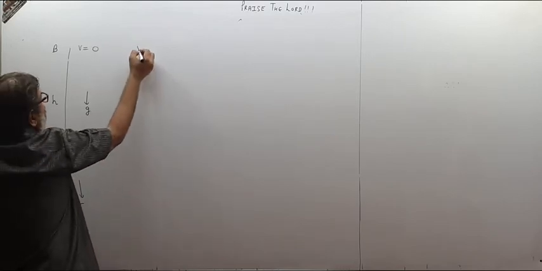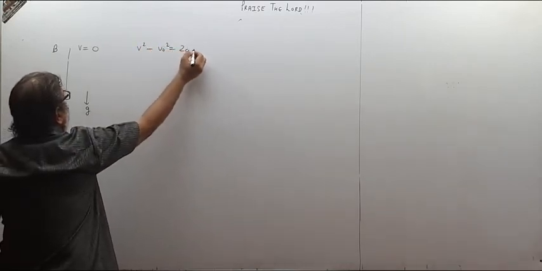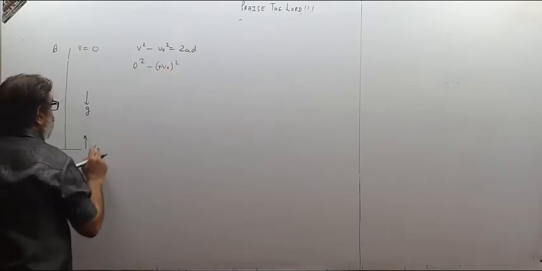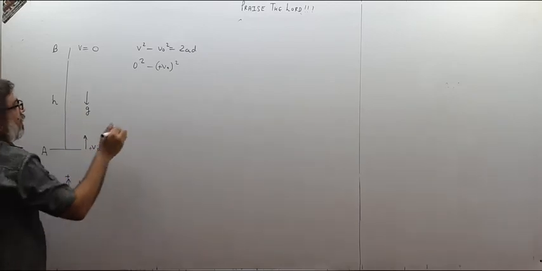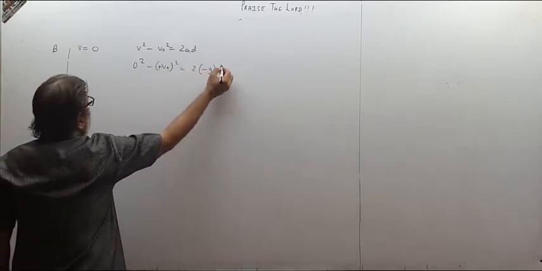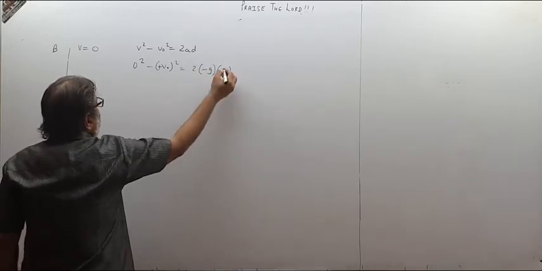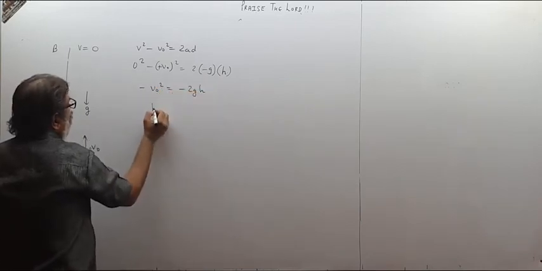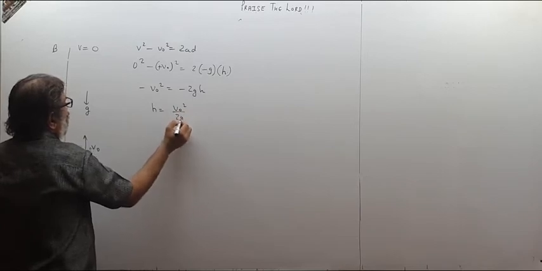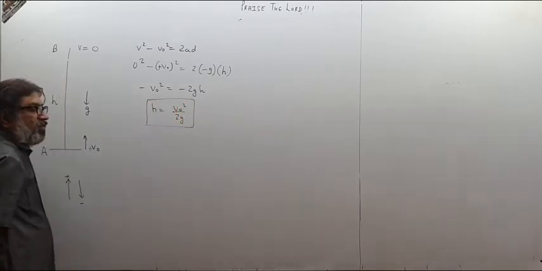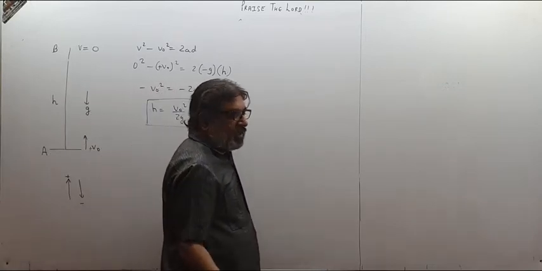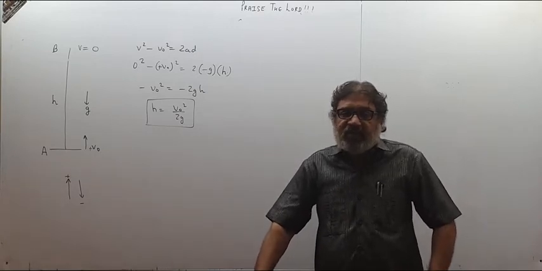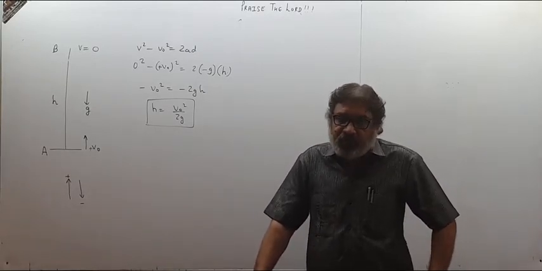So for this, one equation is v square minus v0 square equal to 2ad. So final velocity is 0 minus v0 square, plus because it is thrown up with the speed, plus upward is plus, is equal to 2. Acceleration is minus g, and d is the displacement h. So minus v0 square is equal to minus 2gh. So h will become v0 square upon 2g. This is the formula for maximum height, children. Please remember. If v0 is given to you, we can find directly the maximum height achieved. That is how much? v0 square upon 2g.